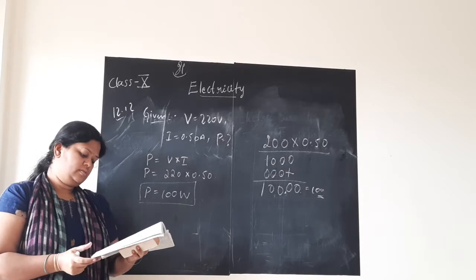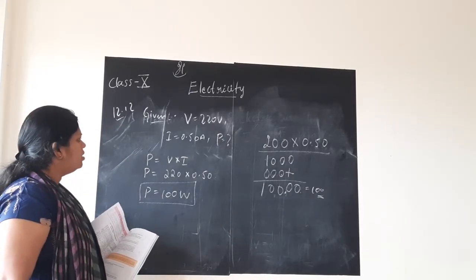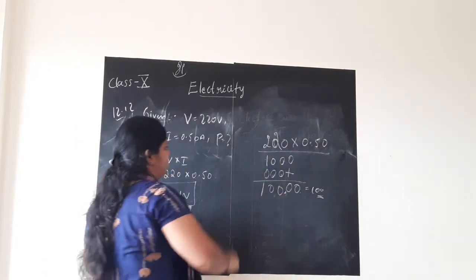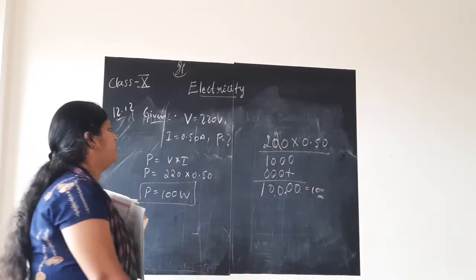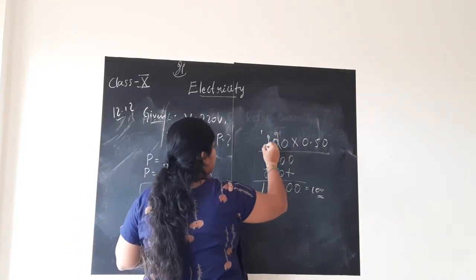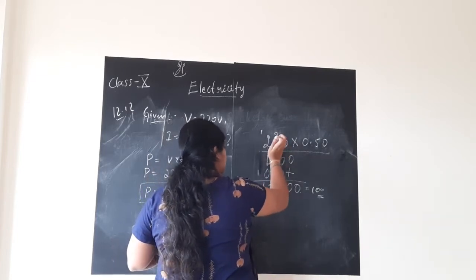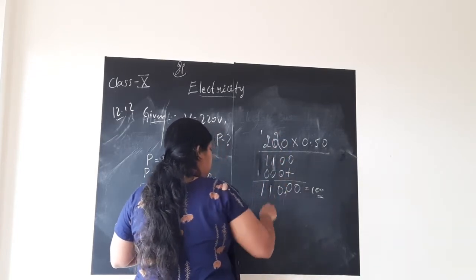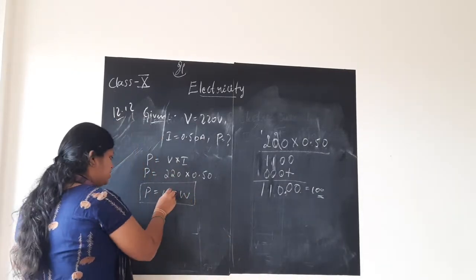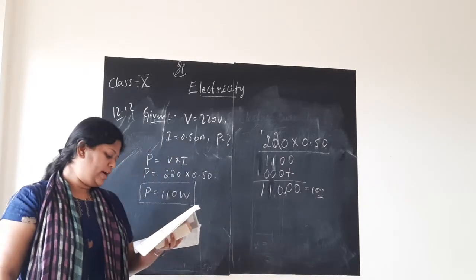This is about this. The answer here says 110. How come? Oh, 220, children. I made a mistake here. It was not 200, it was 220. So 5 zeros are 0, 5 twos are 10. 5 twos are 10 plus 1, 11 you will get here, not 10. So this is 1 means 1 plus 0 is 1. So 110 watts. See how mistakes will happen. So please be careful. So 110 watts we got.